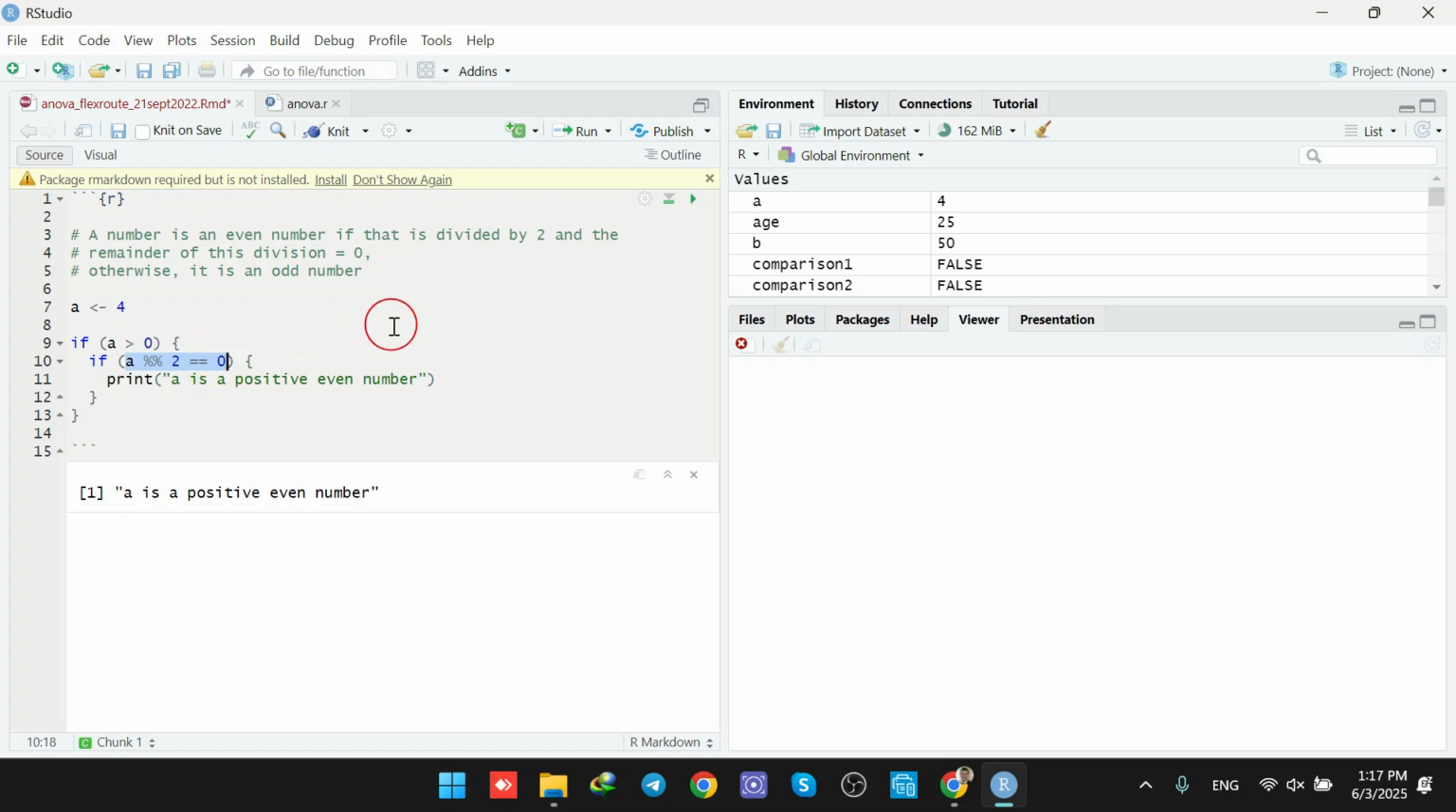To see if a number is divisible by 2, the remainder of that division should equal 0. We need to use the modulus operator, the percentage sign, to find the remainder of a division. If a divided by 2 has a remainder equal to 0, meaning this condition is true, then that number is an even number. Therefore, we are going to execute this part of the code which says a is a positive